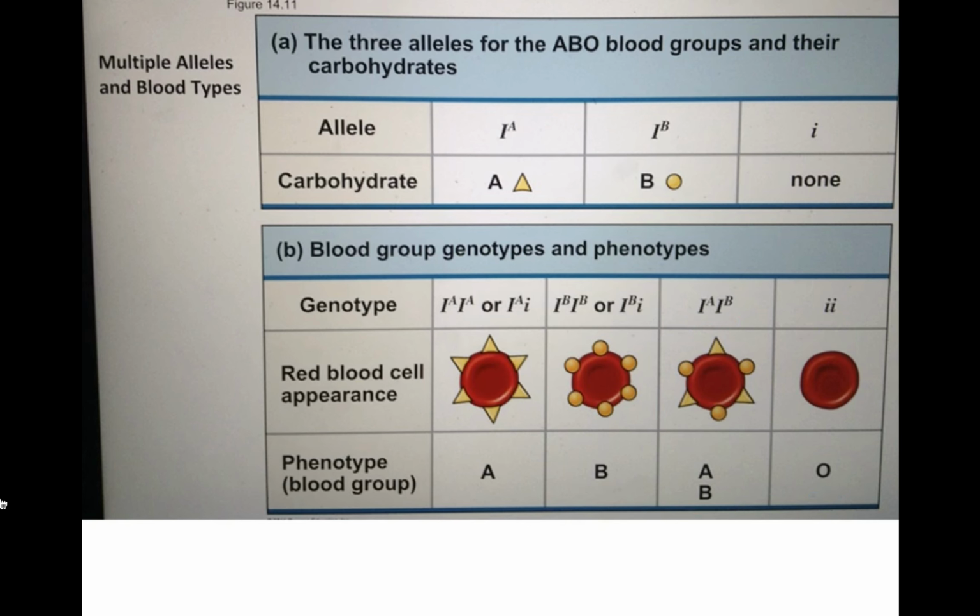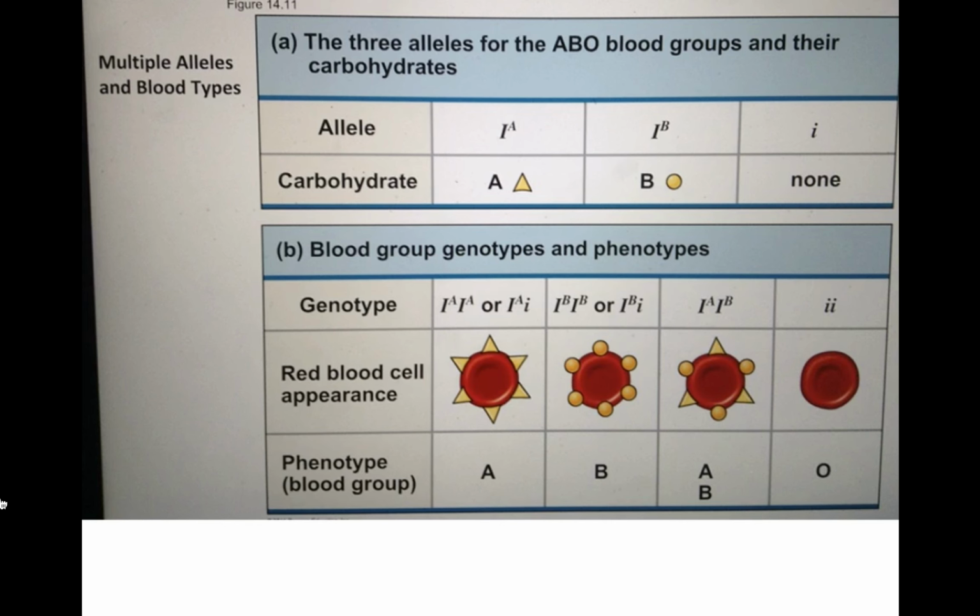And with your blood, if you notice these pictures here, type A blood has these little triangles on them. Type B blood has these little circles. AB has both triangles and circles. And O doesn't have anything. So the way your blood works is your blood type has antigens and antibodies on them. That's what these little triangles and circles represent. And depending on what type of blood you have, it specifically determines what type of blood you can give or